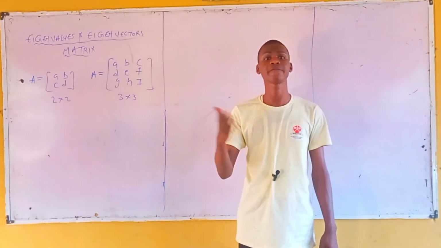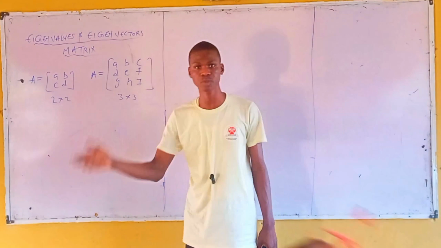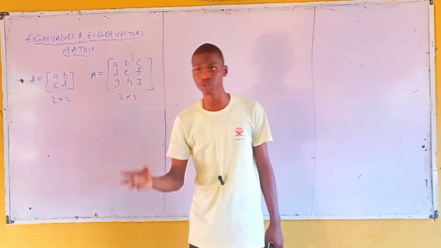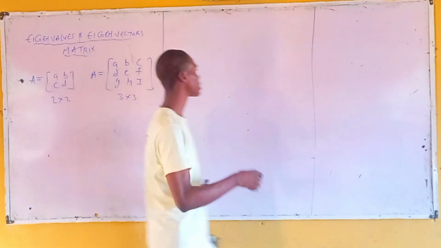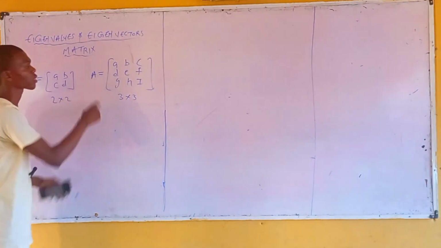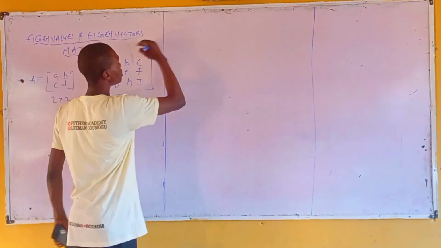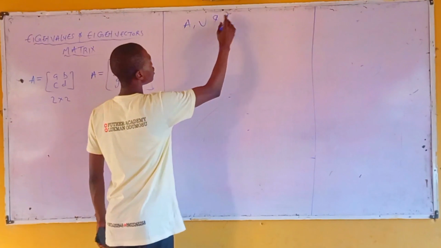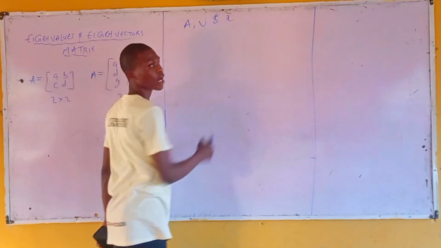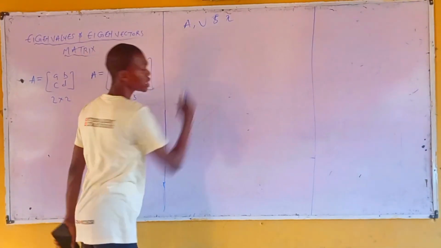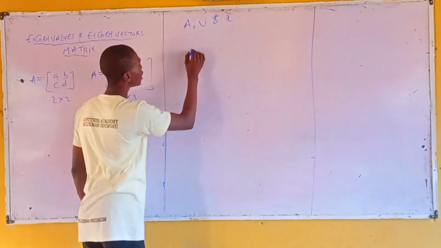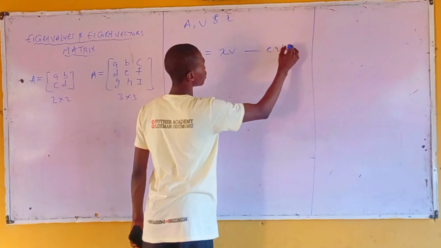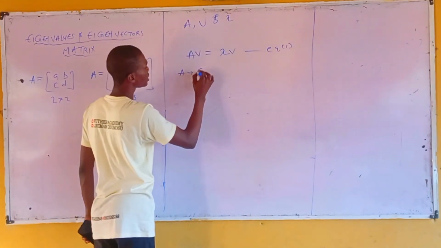We've defined what eigenvalue means, and we've defined what eigenvectors mean, right? Now, mathematically, there's a relationship between eigenvalue, eigenvector, and a given matrix itself. This given matrix is A. Eigenvector is represented as V, and eigenvalue is represented as lambda. Meaning there's a relationship between these three parameters, and this is the relationship: AV equals lambda V. Call this equation 1, where A is the given matrix,